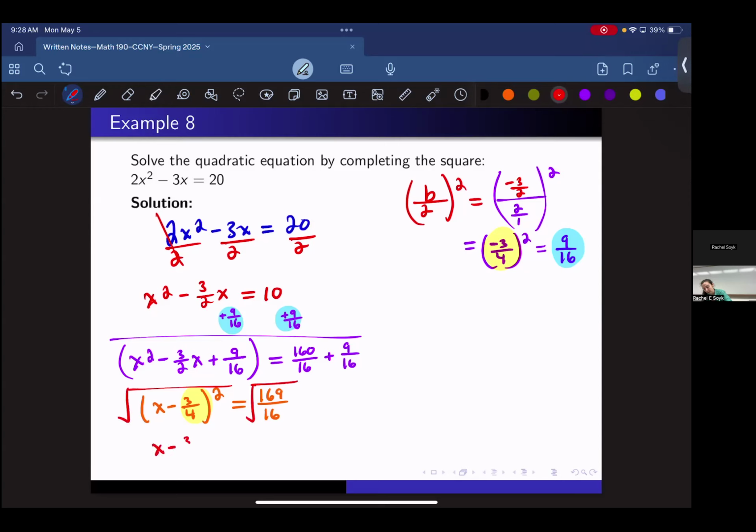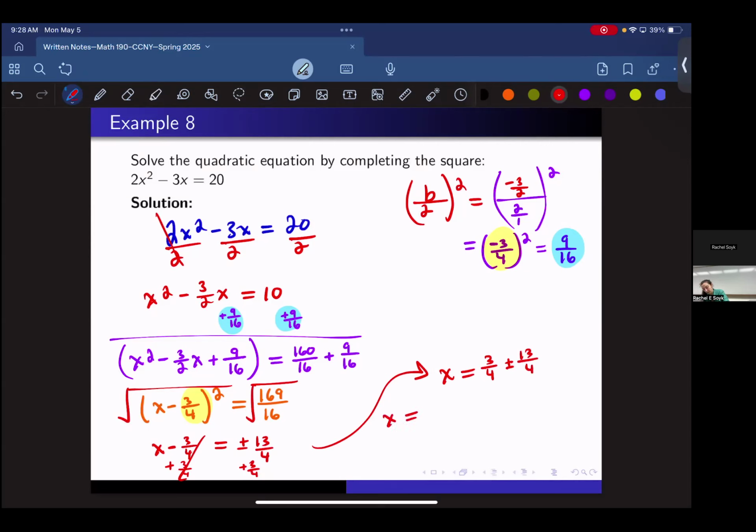So we have x minus 3 over 4 is equal to plus or minus 13 over 4. Last step, let's go ahead and add 3/4 to both sides. And when we do, we end up with x is equal to 3 over 4 plus or minus 13 over 4,